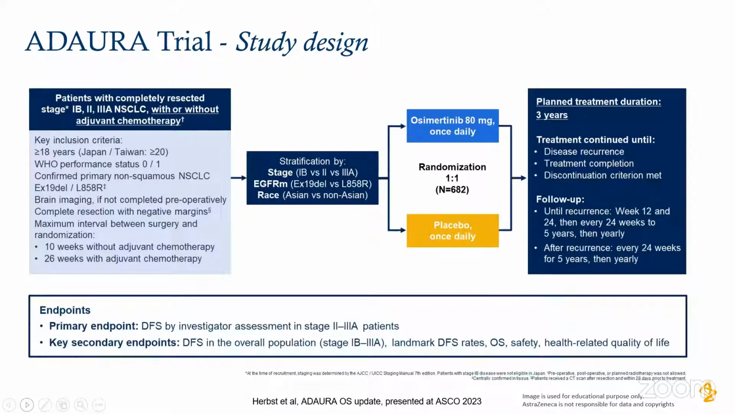So to find an answer to these questions, the ADAURA trial was designed in the adjuvant setting, and patients with resectable stage 1B to 3A adenocarcinoma histology, with or without adjuvant chemotherapy, were included, mostly ECOG performance status 0 to 1. Brain imaging, if not done, was to be done, and margin negative resection was a prerequisite. Stratification was done on the EGFR mutation. Only two mutations were included, exon 19 and L858R, and race was also one of the stratification factors. Patients were randomized equally into osimertinib versus placebo. It was an adjuvant 3-year duration treatment plan, and the primary endpoint was investigator-assessed disease-free survival. There were a few key secondary endpoints as well, which were the overall survival in the overall population, DFS, landmark overall survival,